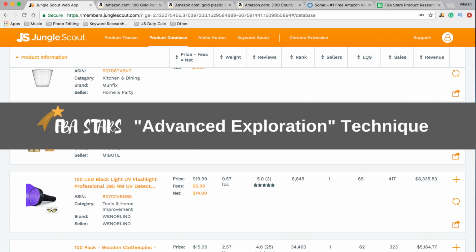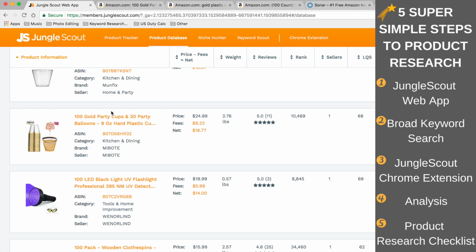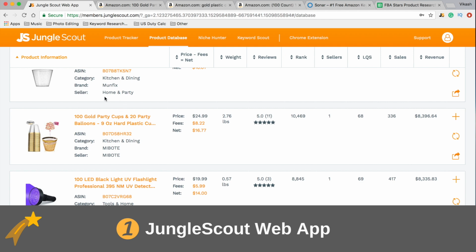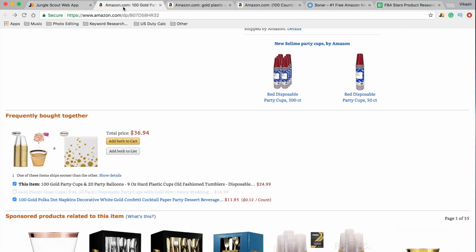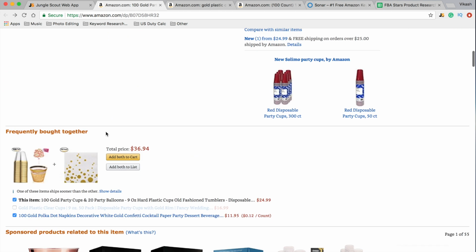This is the advanced exploration technique and is the technique that I use to find products that nobody else is able to find on Jungle Scout. So we still use the 5 steps to product research. Within the first step, we used the Jungle Scout web app to find our product, and we found the gold party cups. Within the gold party cups, as you can see, we found what was frequently bought together